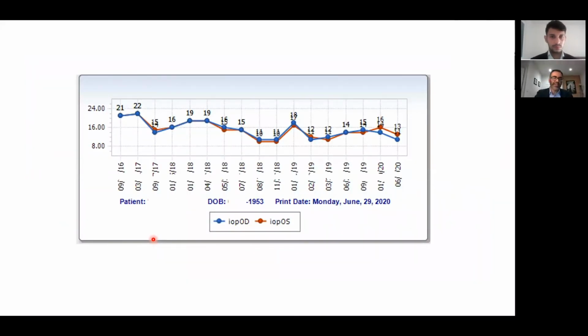So the fact of the matter is that since this patient had that LPI, the patient's pressures went down from 27, 28, all the way down to around 21, 22, maybe 19 here and there. And really the lesson I have on this particular case is that a lot of us, when we see patients who have narrow angles, we have the LPIs done, we have OCTs that look pretty good, things are in the green, you don't want to stop following these patients,